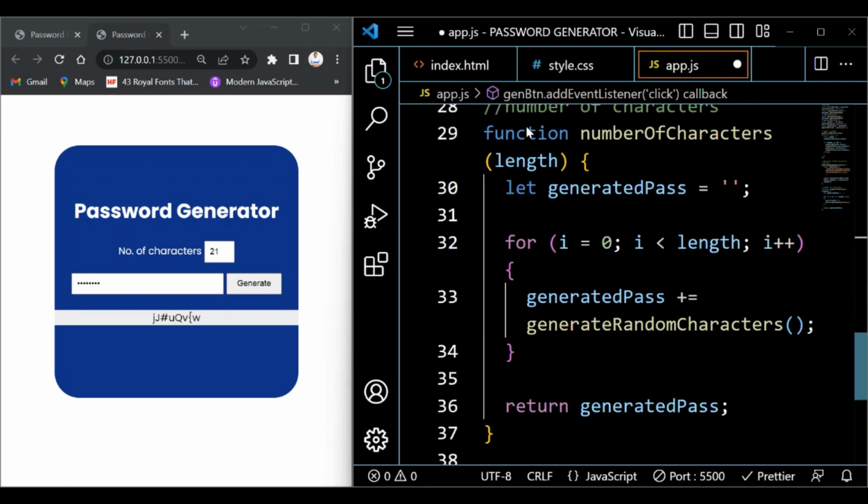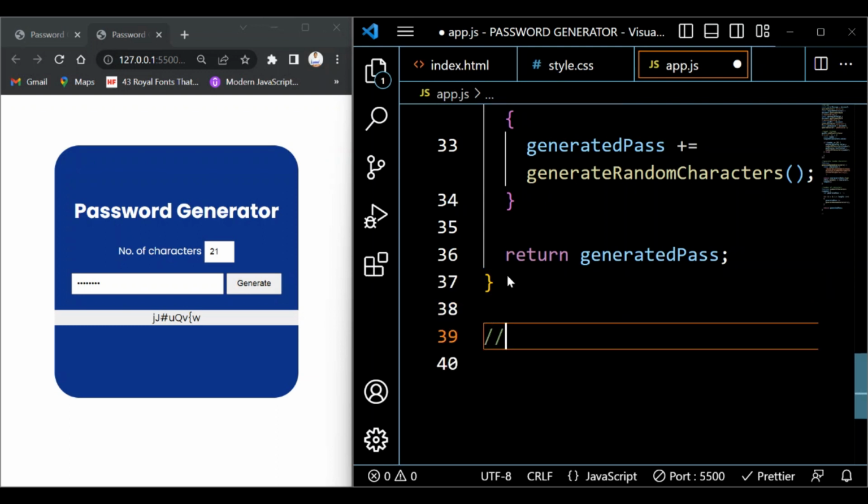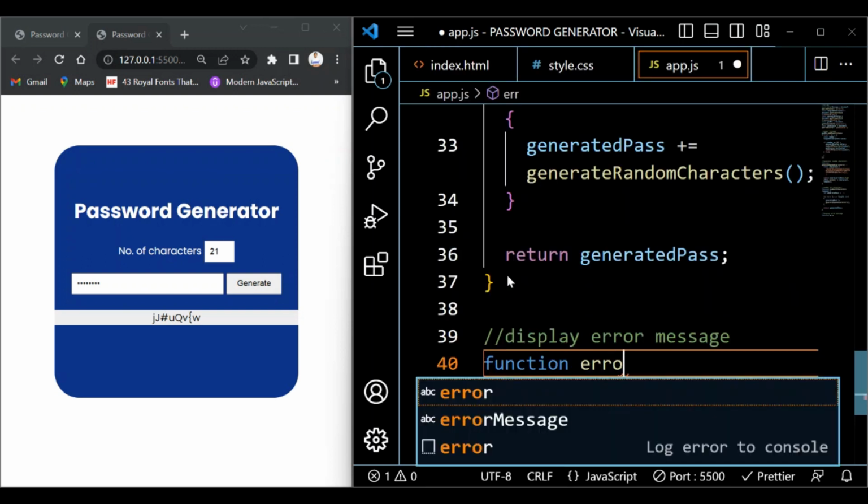So I'm going to come down here, and I'm going to say display error message. And I'm going to call a function error,